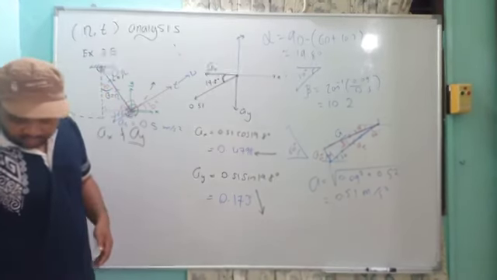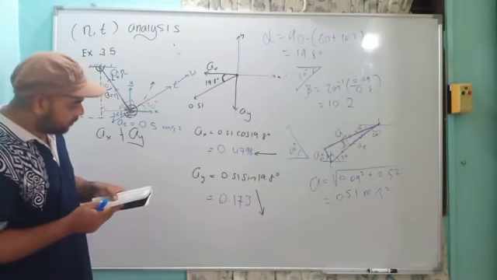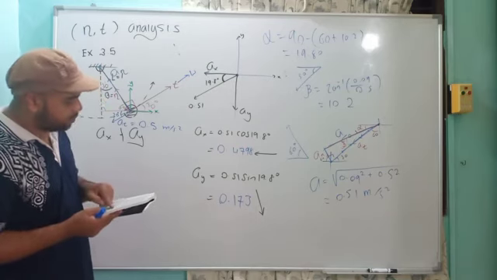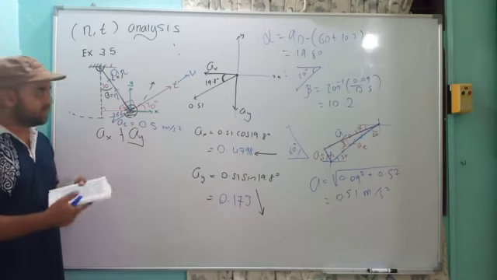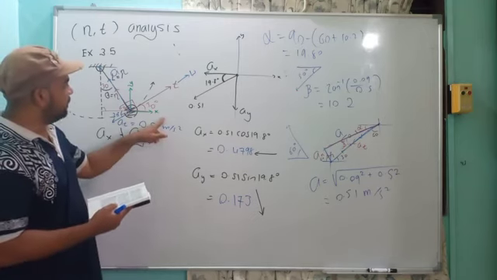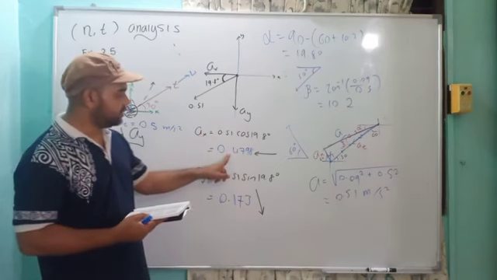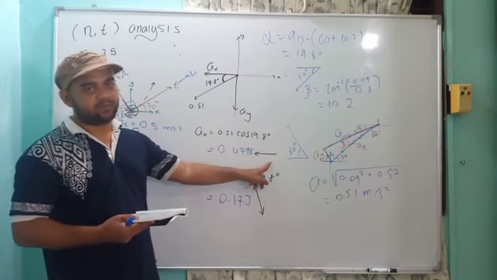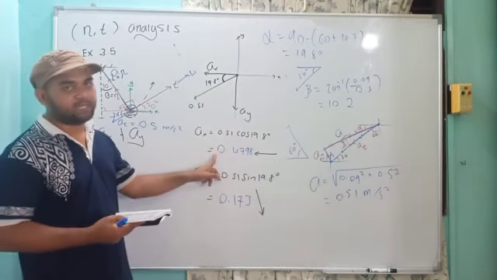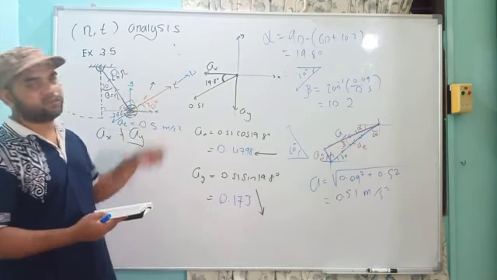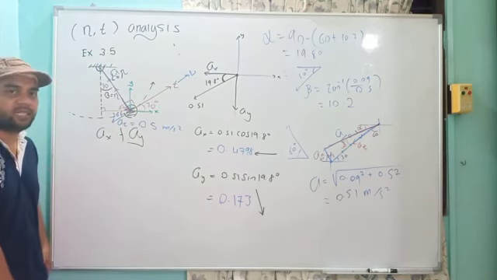Okay, so the answer given is 0.47 and 0.173. Both answers here are given in negative because it's referring to positive x and positive y. But now I'm putting that ax is this value and the direction, so I don't have to put negative. If I don't want to put this one and refer to this, I have to put negative because it is opposite from here and opposite from the other one. Okay, that's all for the second exercise.